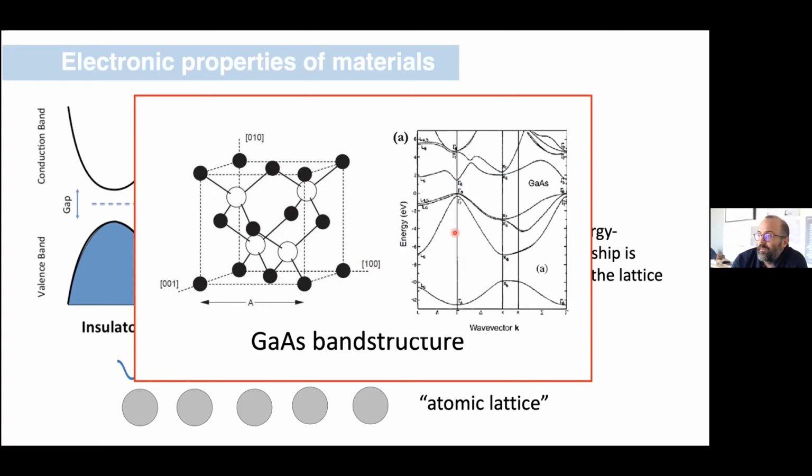But if you're somebody who studies electron transport in the system, all you really care about is what the band structure looks like around the energy level where your electrons reside. And in gallium arsenide, that's right around this point here. So if I were to hand you a piece of gallium arsenide and ask you to measure its electronic properties, you would probably identify that it's a semiconductor, and your electrons are residing either in the hole band or the electron band, depending on how specifically it's prepared. But the main point here is that all of this complexity comes out of a very simple picture. Where are the atoms in space?